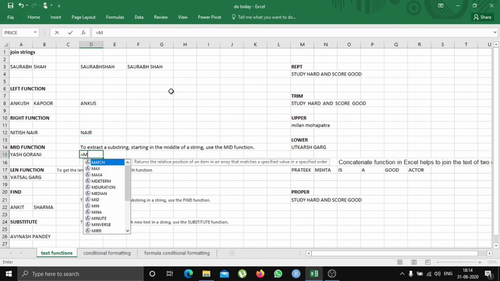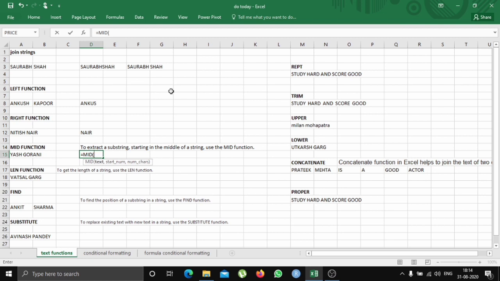In this mid function, you'll be getting the values in the middle of the text, for which you will be using the function MID. Now I open the bracket and select the cell and select how many characters you want and starting from which character. Initially we'll select the start character, so we want it from the second character and we want a total of 3 characters, so press enter. So the second character is A and we need 3 characters, it has given ASH.